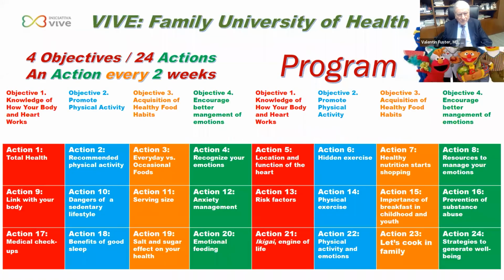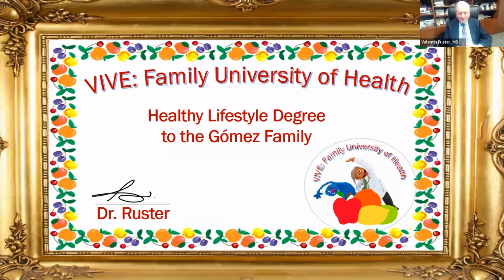So now we are going to get into the families. And you see, over a period of 1 year, each of these aspects has 2 weeks. And then it's repeated, but more sophisticated, and repeated and more sophisticated. And we are differentiating the grandparents, the parents, the children, the grandchildren. This is important, different ways to present the 4 boxes in the whole family. And now at the end, we'll give a diploma, which is a Family University of Health, signed by a Muppet,